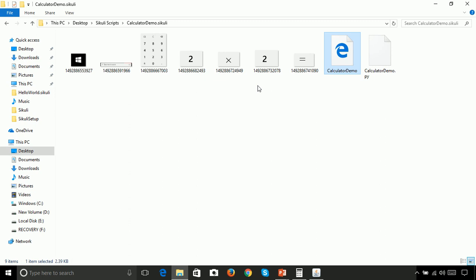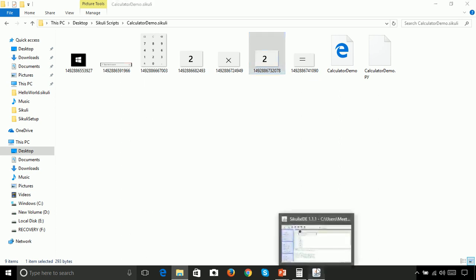But if you have noticed that there are multiple images we have used in the script which are duplicates, like this 2. It is not efficient to use duplicate images. So this is how we can figure out that there is some issue with our script efficiency. So we can make it much more efficient. Let's see how.